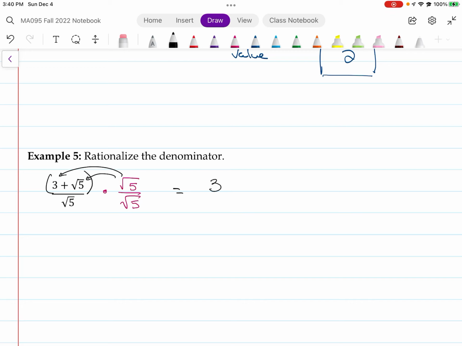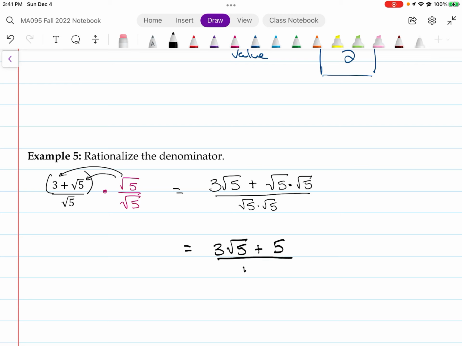We've got 3 square root of 5 plus square root of 5 times the square root of 5 over square root of 5 times the square root of 5. Now, as you get better at this, you don't have to write so much, because you'll see square root of 5 times square root of 5 is just 5, right? Square root of 5 times the square root of 5 is just 5. And then on the bottom, another 5. Okay, so now,